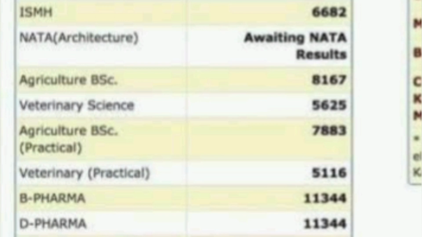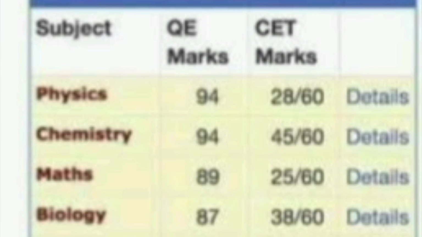Apart from that, it will also show your marks. On the right side, it will show you your marks. There are 2 types of marks. QE means qualifying criteria, which is your class 12th marks which you have entered. So PCMB, you can see all his class 12th marks, but the actual CET marks is out of 60, which was the case in the previous year and sample. You can see the student has got 28, 45, 25 and 38. According to your course, it would have considered these and given you the ranking. That is the important step.